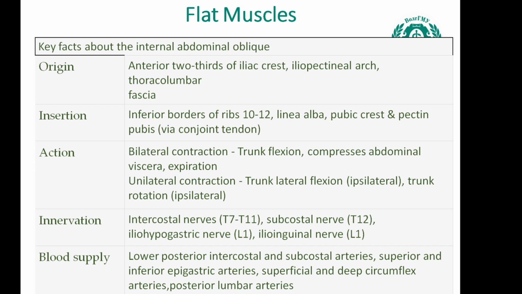Unilateral contraction provides trunk lateral flexion, ipsilateral, and trunk rotation, ipsilateral. Innervation: intercostal nerves from the 7th till the 11th, subcostal nerve T12, iliohypogastric nerve, first lumbar root, ilioinguinal nerve,